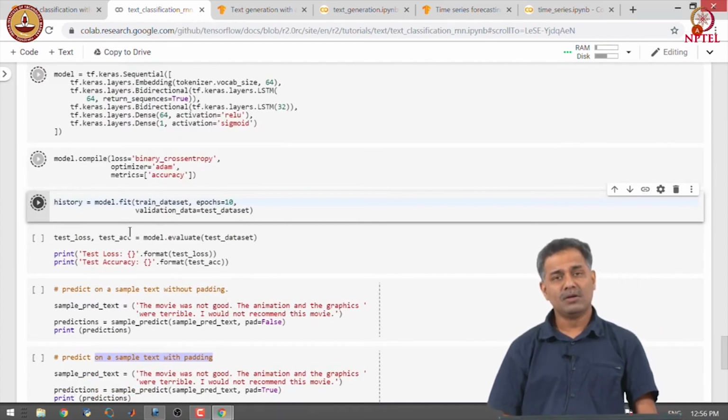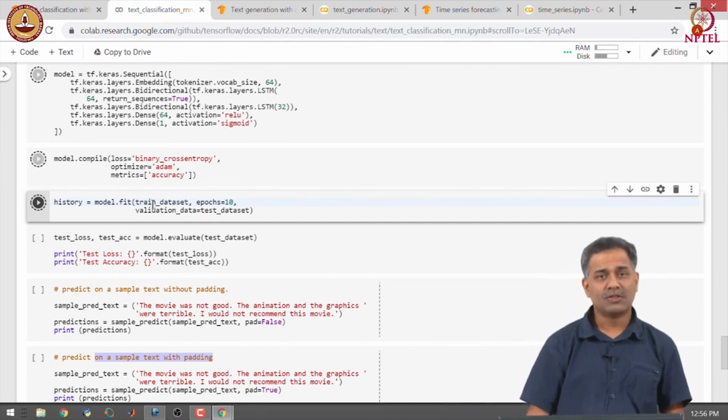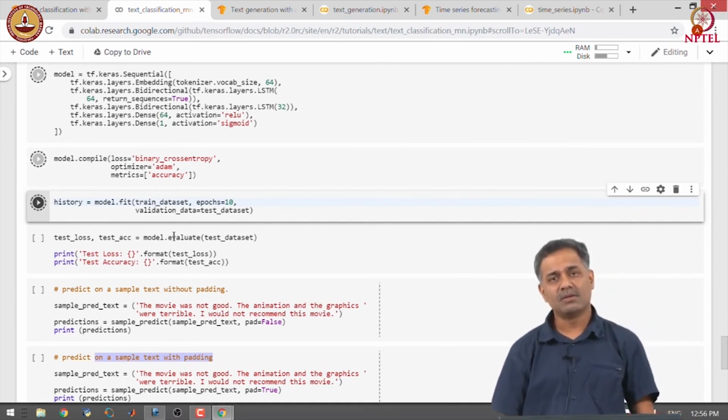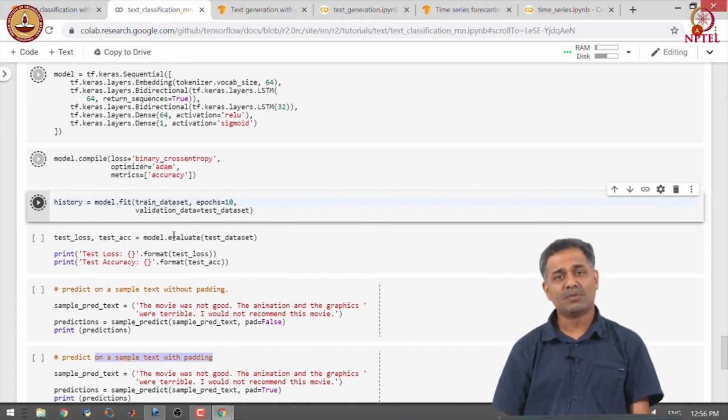After looking at the model summary, we will fit the model and use the trained model to calculate the loss and accuracy on the test set. Just as with the earlier model where we used a single bidirectional LSTM, I would also encourage you to look at the predictions from the model with and without padding of the text inputs.